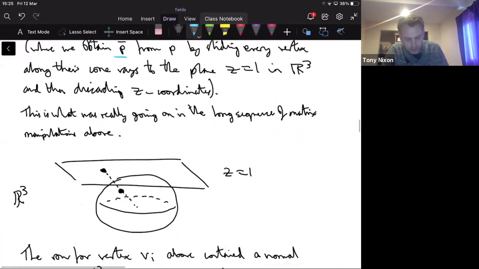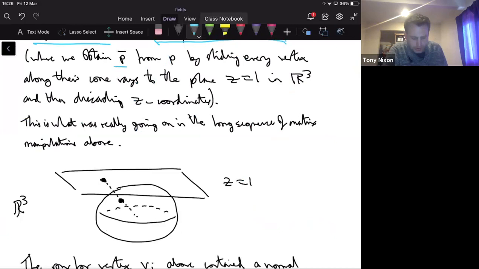Okay, and then just to draw it in a little schematic picture, this is what we were really doing in the matrix manipulations we had earlier. We were taking a point that lay some distance from the origin, say it happened to lie inside, and we were able to move it along its cone ray, through the unique line in free space through the center of the sphere and the point on the sphere. We can move it to the plane, and so you have some other point, you can move it along here,